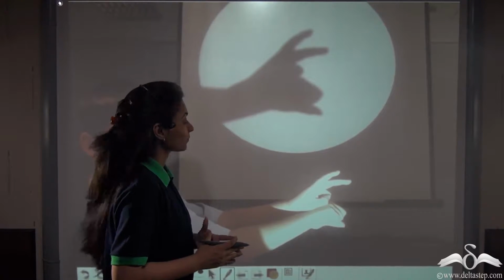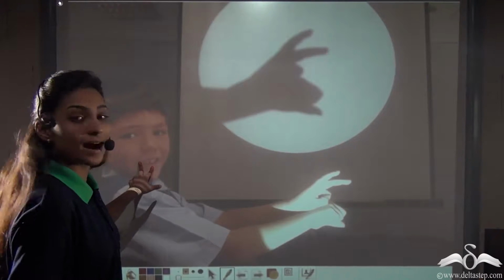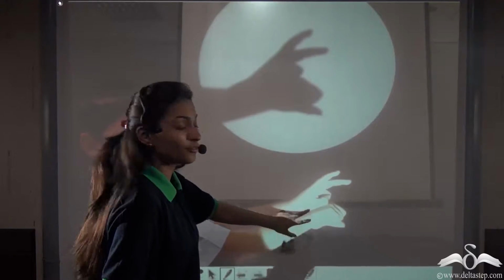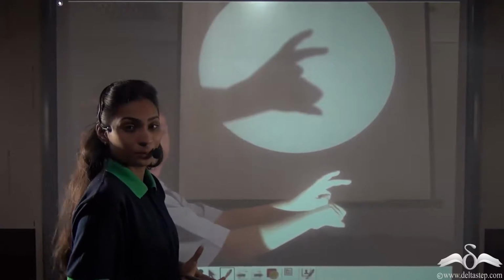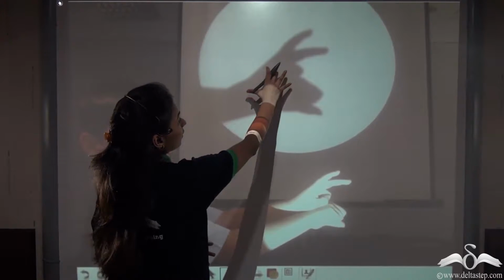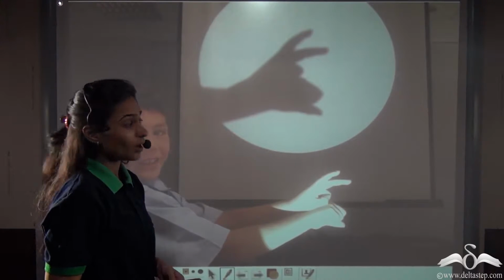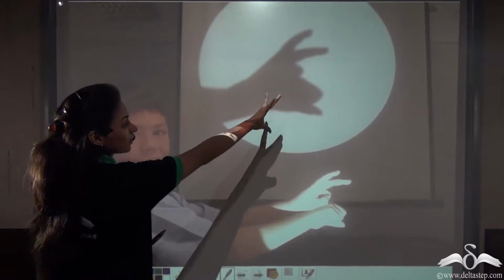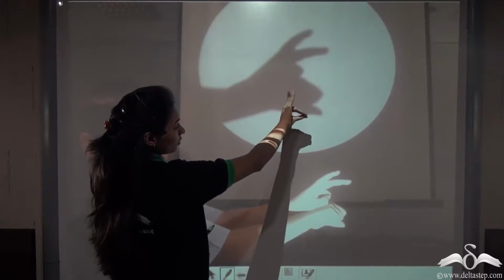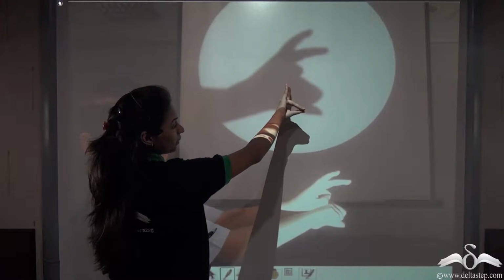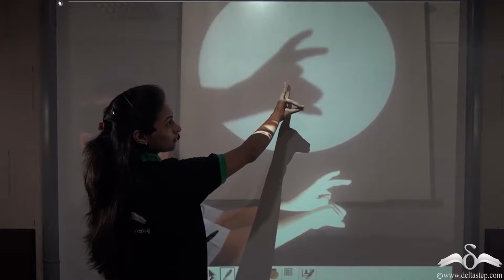Look at this picture. You can see this kid has placed his hands in front of light and before a wall. You can see a dog-like structure has been formed with the help of his hands. Well, let me make this. You can see I have made a deer-like structure with my hands.